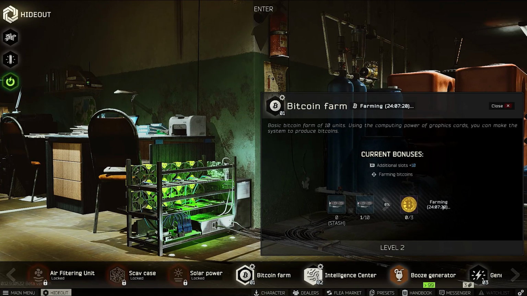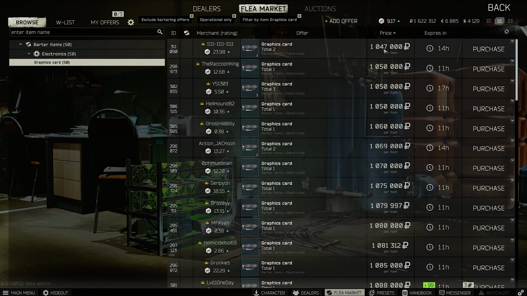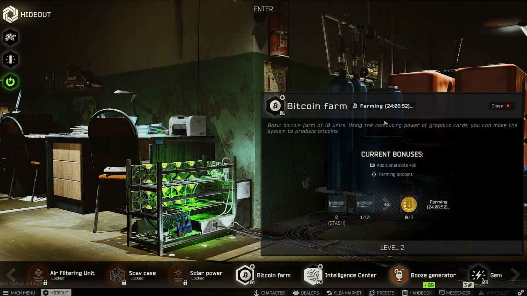Okay, so if you put 50, let's say, graphics cards, then you will get a Bitcoin every 6.5 hours, or 7, close to 6.5 and 7. So as you can see, only from that, it's not really worth it to buy all of these graphics cards. Each graphics card right now is like 1 million, okay? So you will need 50 million to make the maximum mining rig, which will get you a Bitcoin every 6.5